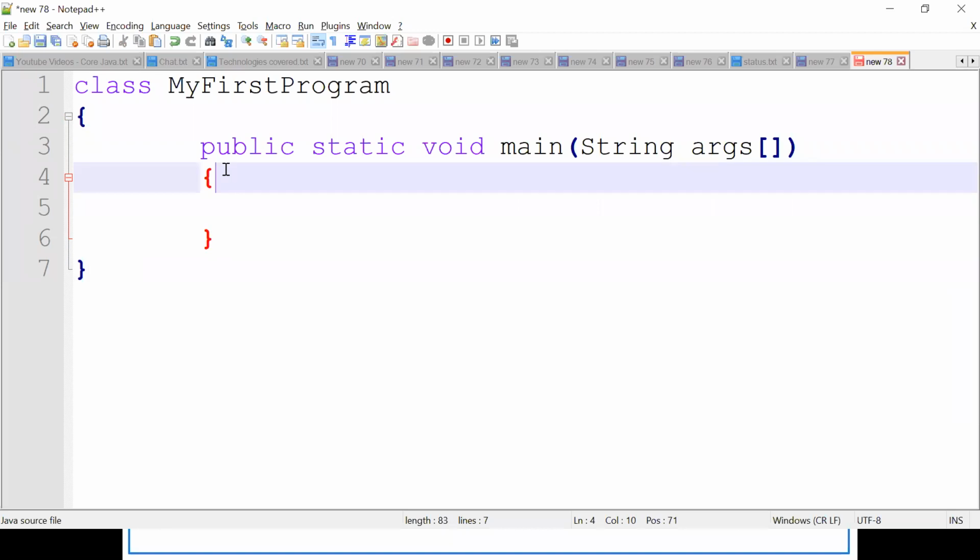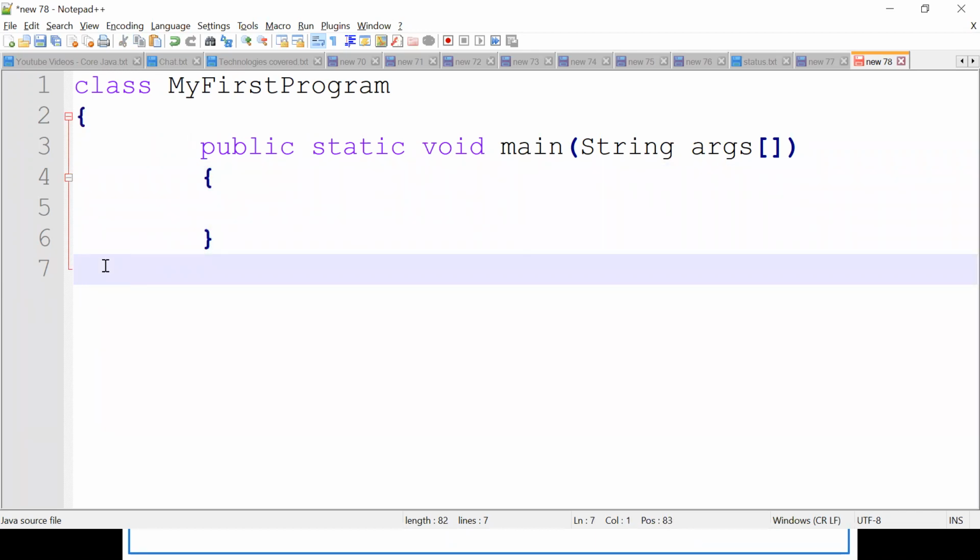Whenever you open an open brace, finally you should close it, right? So the number of open braces should be equal to the number of closing braces. Java is highly sensitive. If I miss this brace, I will get a compile time error. Correct? That's why I'm keeping it like this.